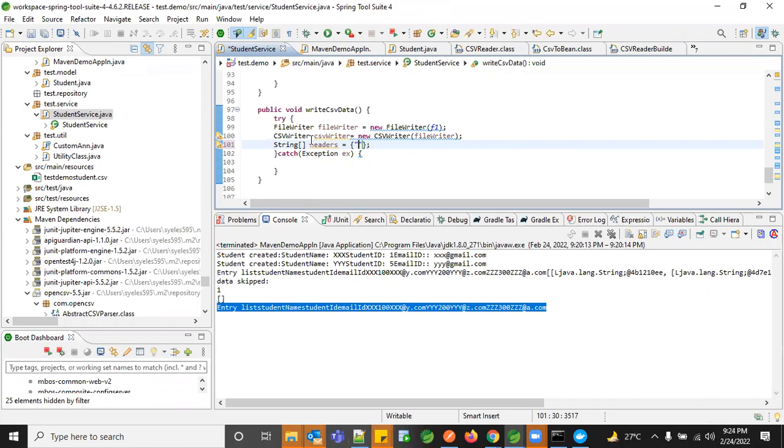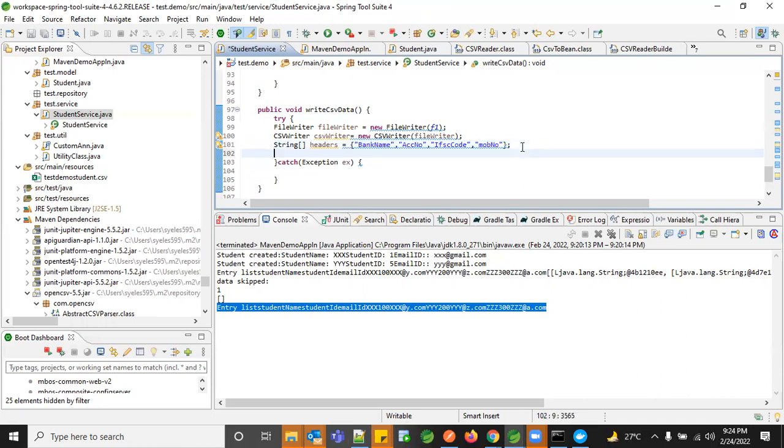You're going to write the same kind of data, right? However, you can give any headers you want, because it's not the same file. It's a different file. Let's take bank name, account number, IFSC code, or mobile number. I'm just giving these as my headers.